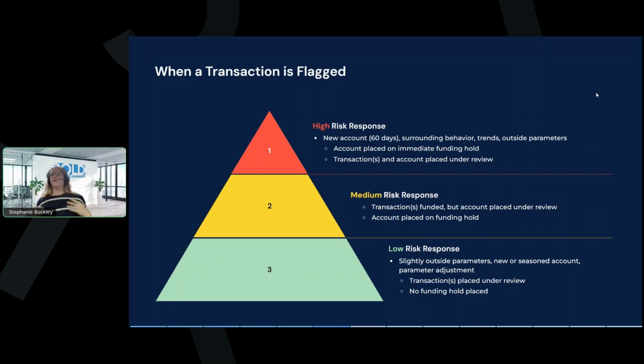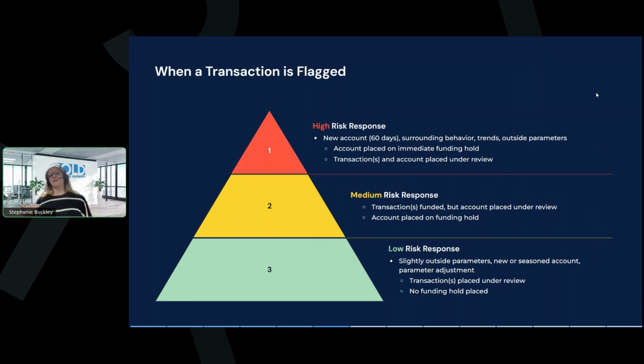High risk responses are going to be something very wrong is happening, whether it's a trend in transactions within the first 60 days, whether it's stuff that's just completely outside the realm of parameters. And I will go through a transaction example on the next slide, but this would be a situation where maybe what they see, they're saying this is definitely not normal practice for a merchant in this industry, or based on their history, or maybe this is a fraudulent attempt, or there's an entire batch of $10,000 refunds all going to the same card.